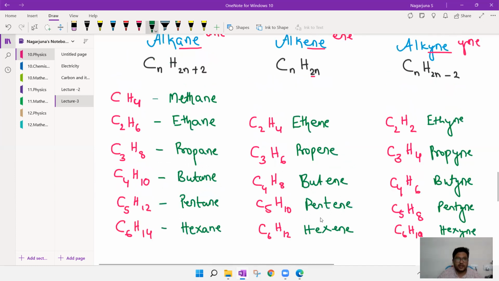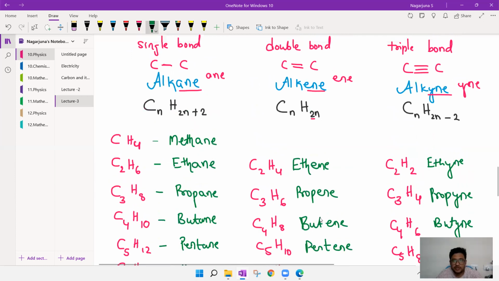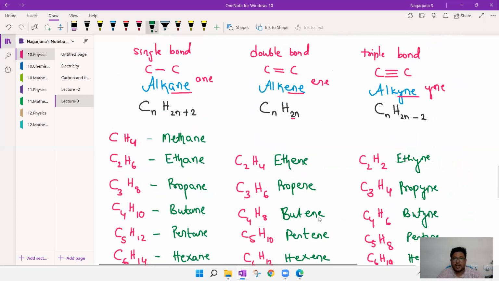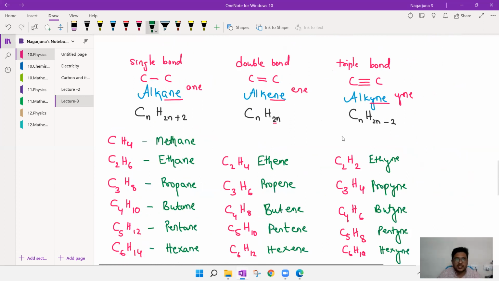We can go with the names of the carbon compounds. Here we have only hydrocarbon compounds, guys. We don't have any other. So it's single bond, double bond, triple bond. And in next lecture, we'll try to draw structures of these so that we can understand how we can mention single bond, double bond, triple bond. And in next lecture, we'll see why we are going with only 3 bonds. Why can't we go with 4 bonds? That also we'll try to understand.